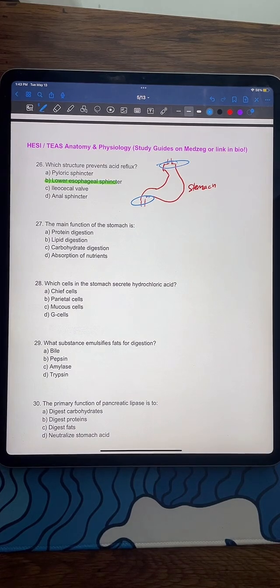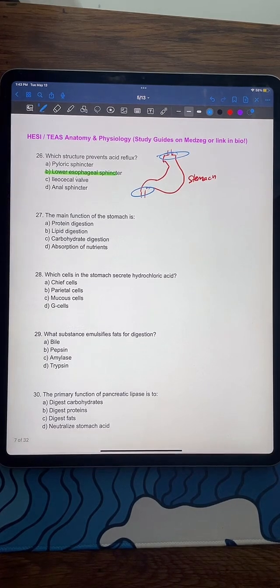The ileocecal valve is what separates the small from the large intestine, and the anal sphincter is what controls the release of feces at your butt or anus. 27. The main function of the stomach is